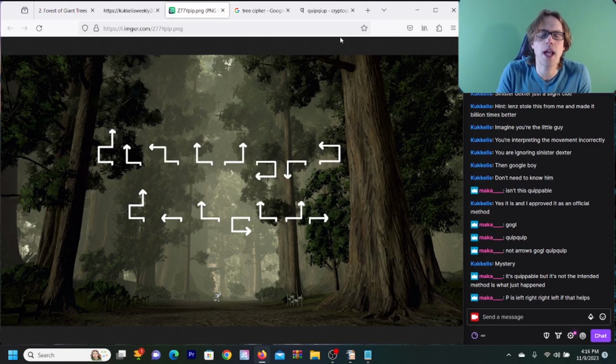Oh, okay. So I should see myself as making a left, walking down this way, which is now straight, making a right, and then making a left. Okay. No, that doesn't help. And like...